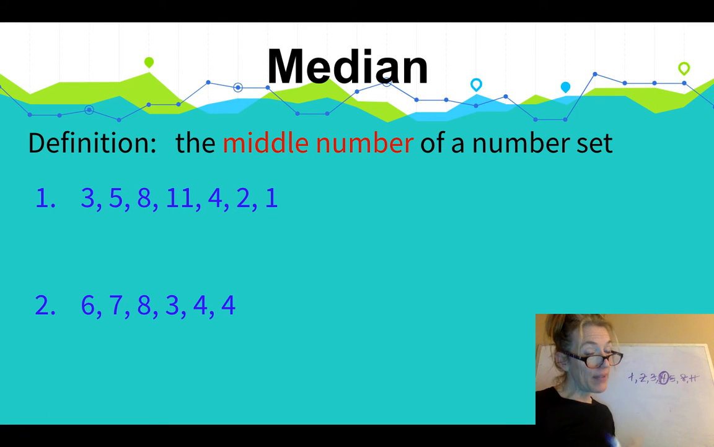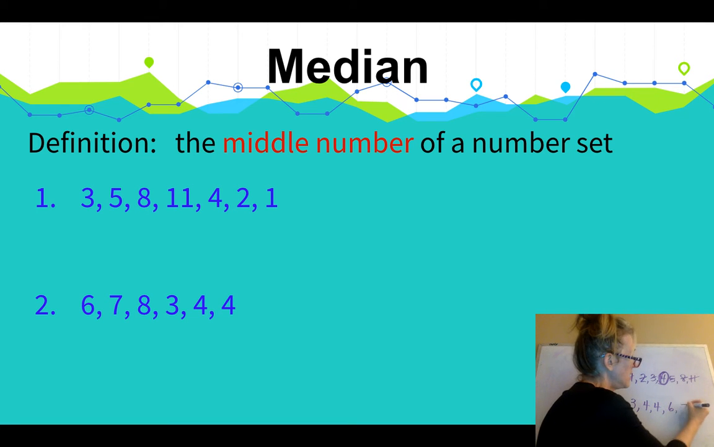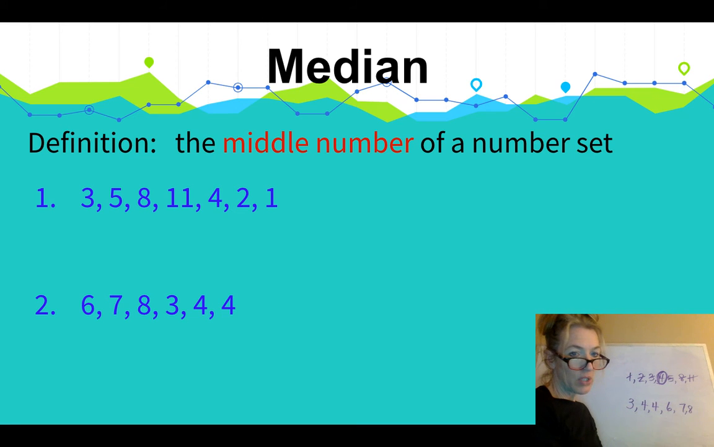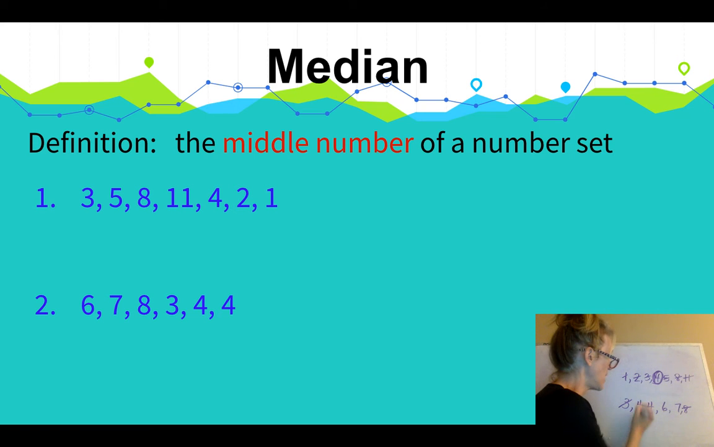So remember, and this is where students often mess up, they don't order their data, okay? So you've got to start from the least amount to the greatest amount. So I'm going to start with, in this next example, 3, and then I have a 4, and then I have a 4, and then I have a 6, and a 7, and an 8. So you'll notice in this example, I'm going to start on the left and then one on the right, and then one on the left and one on the right, and then I'm left with 2 data pieces in the